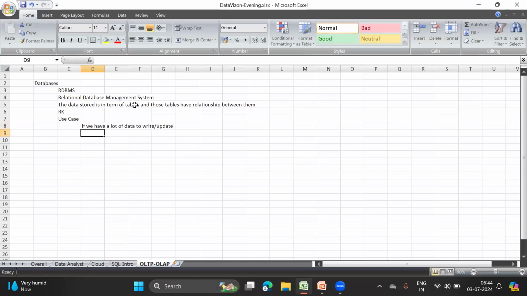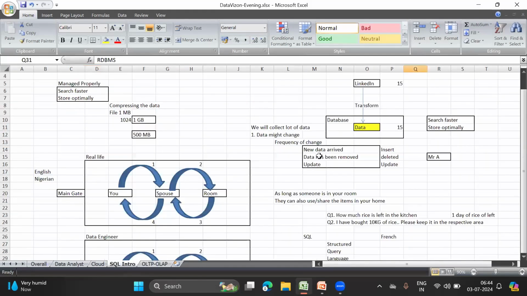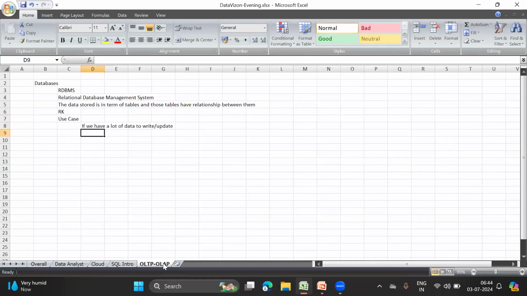Okay, so let's say I have some data and I want to write that data into a table, and I'm writing or updating on those tables. We talked about writing and updating, so I'm talking about inserts and deletes. You can also delete as well. If you are manipulating your data a lot, then you need to go with RDBMS. So I'll mention one over here.